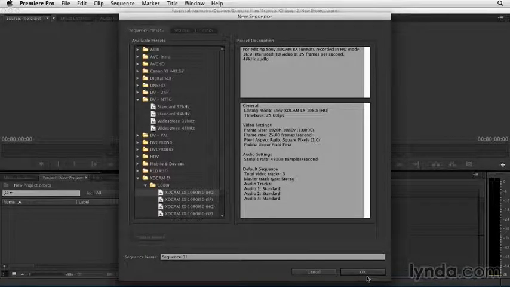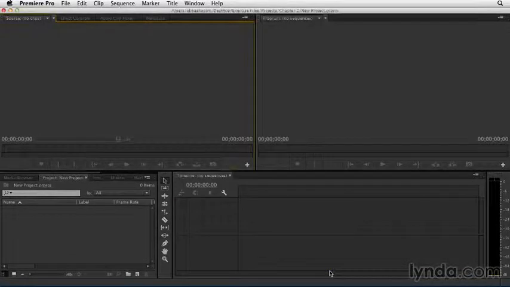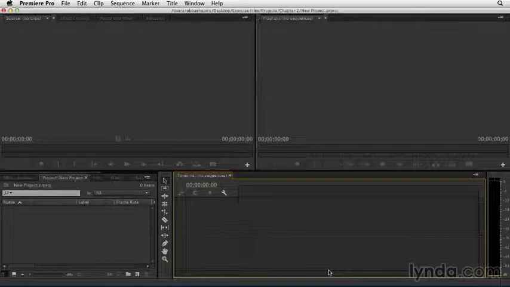But suppose you don't know the exact flavor of video that you'll be using. This is where it gets really nice. I can simply hit Cancel, and then once I bring in a piece of video, I can use that piece of video and say make a sequence based on the size of the video, the frame rate, and even the codec. I'll talk about importing media in a later video, but for now, let me go ahead and bring in